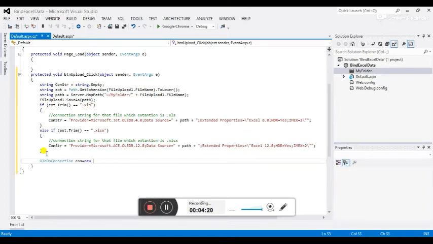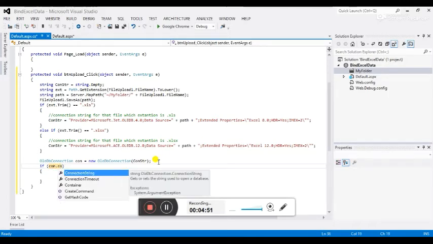Now let's create the object of this OleDbConnection here. So this is my OleDbConnection class here, and you can see that I have passed this connection string variable. It contains my connection string here. Now based on the if statement, I will explain what the use of this if statement is.